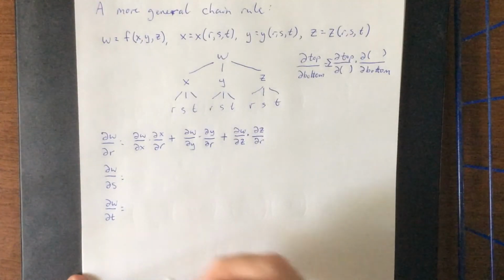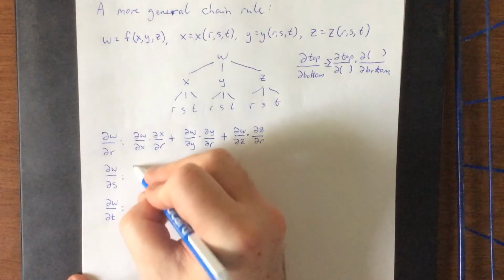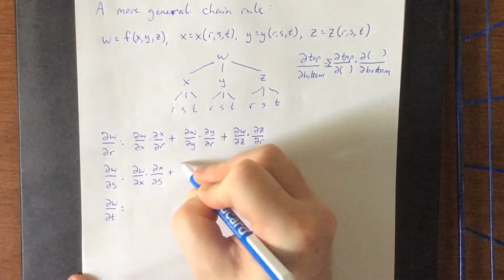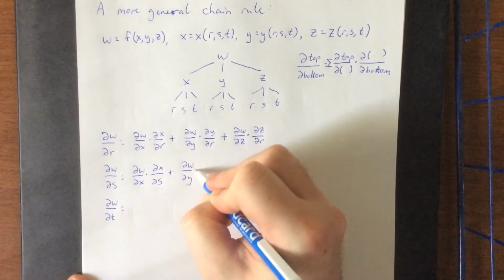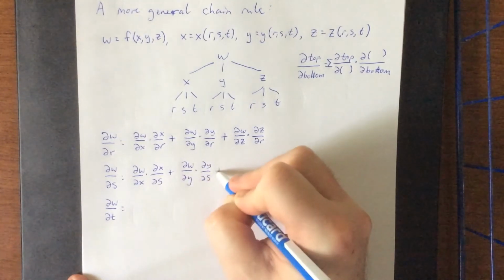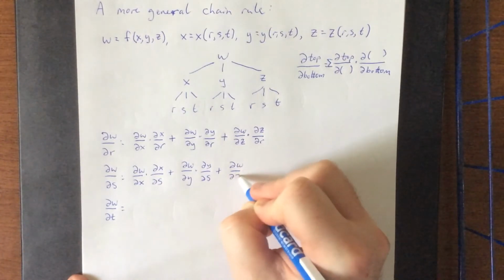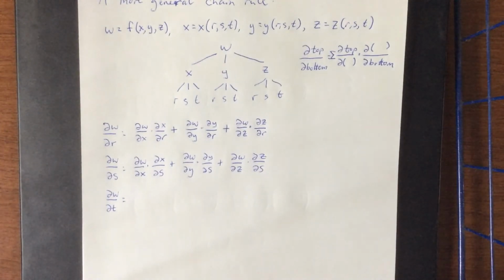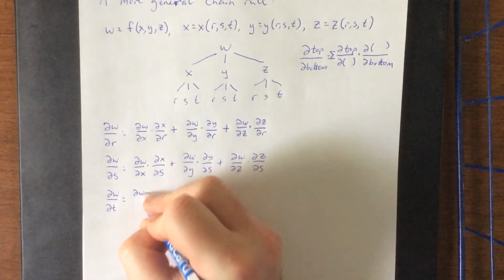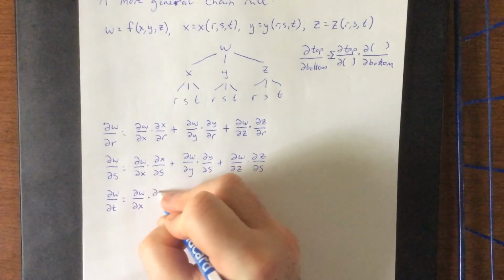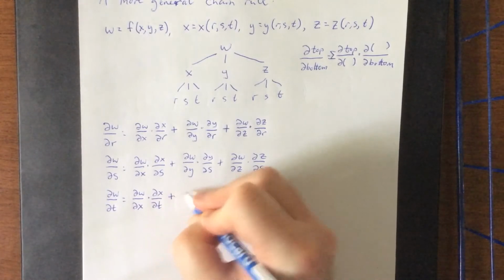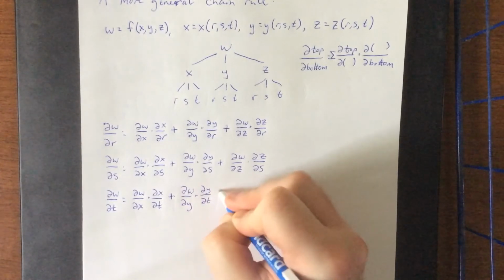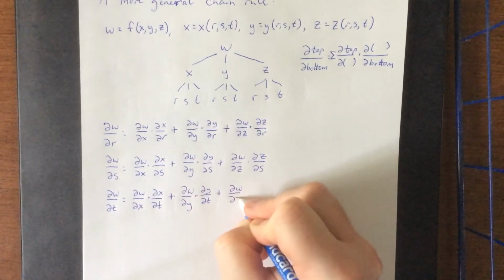As it applies in our case, to get from w to s, we can go from w to x and x to s. We could go w to y, y to s, or we could go w to z and z to s. And finally, to go from w to t, we can go w to x, recycling that partial derivative once again, and then x to t. Or we can go w to y, y to t, or we can go w to z and z to t,